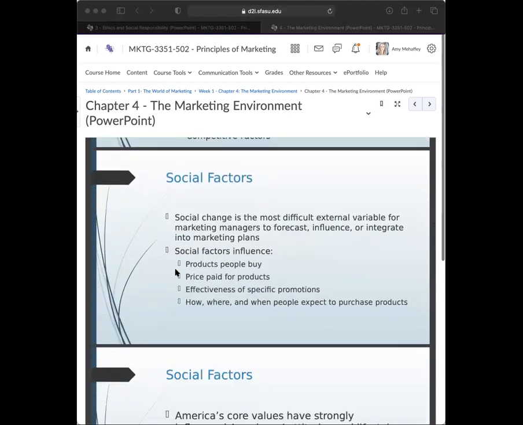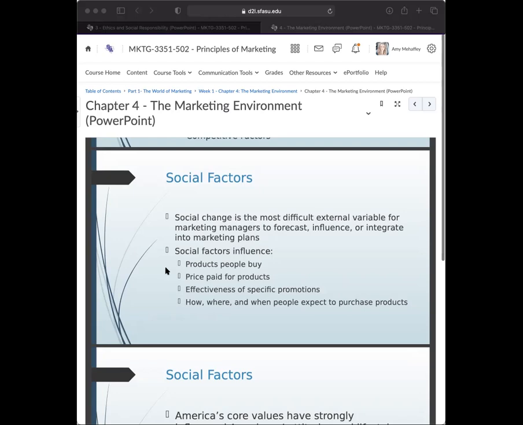So let's talk about social factors first. We're going to kind of break down each one of these. These are difficult barriers or variables that are hard to work within, because people and the way that they feel about things, they change how they feel all the time and where they want to put their influence. And so, the price that someone pays for a product, the politics, you've seen that in the last few years when someone really cares about the politics of a business and who they stand for and what they mean.